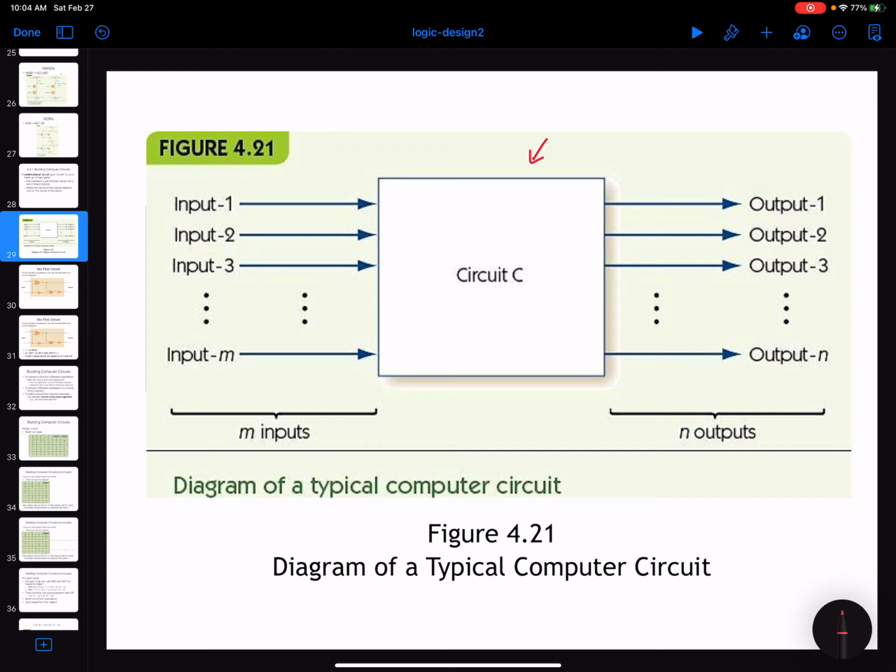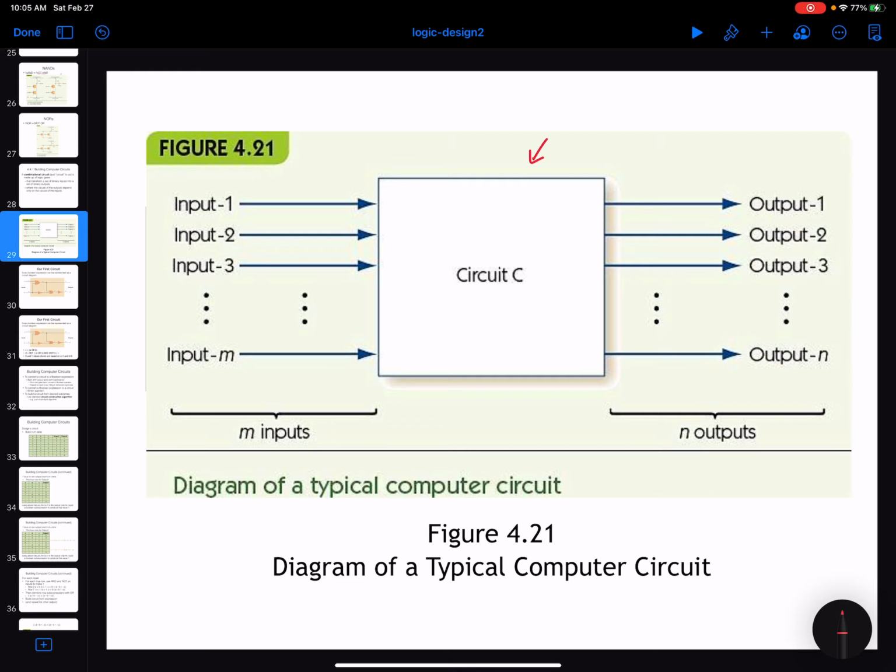For example, you pass two numbers to a circuit that will add those two numbers, and the output will be the result of that. Because the addition circuit is very complicated for now, I am going to first focus on how we can create simple